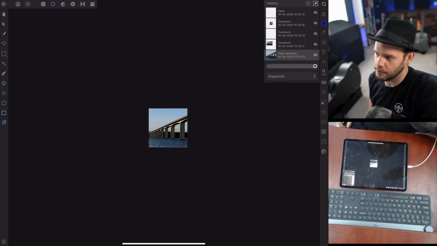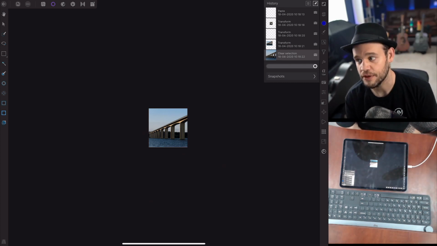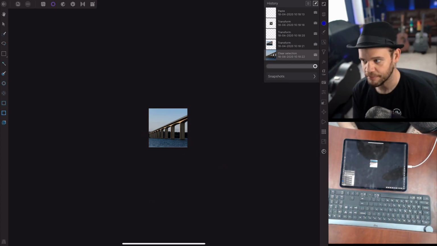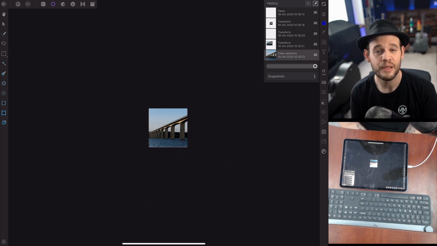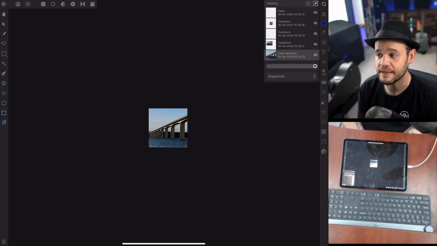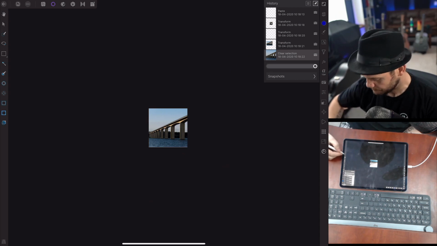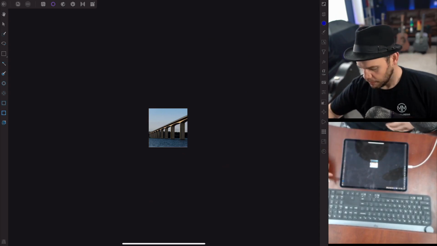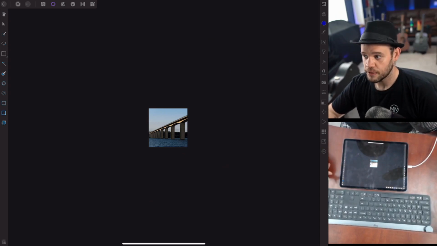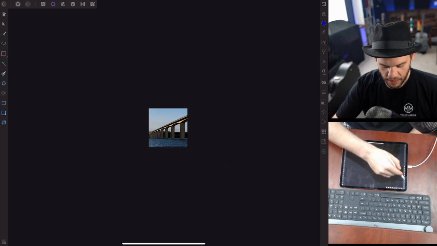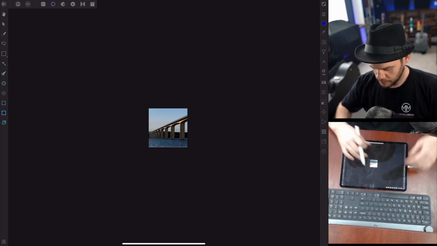So this shows the historical representation of all the changes we've made on the document, everything that we've done. If we needed to reverse it or go back to a certain point in time, this is where that would happen. Now, there's one other set of tools I want to show you in this interface, and it's related to